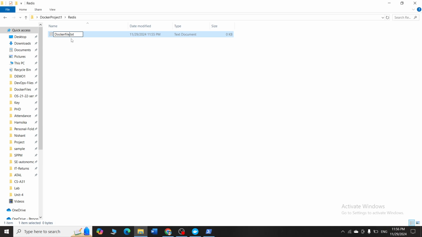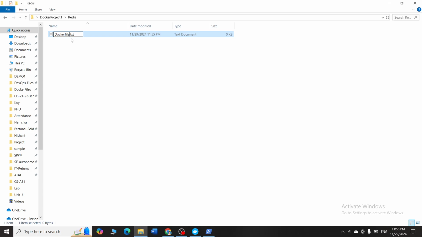Basically, what is a Docker file? A Docker file is like a recipe. It is telling our Docker how to create a container, which is like a very small isolated computer in our laptop. It will tell Docker how to create an image and how to run the container. All these instructions will be there in the Docker file. In detail, if you want an idea about the Docker file, please listen to the video that I have shared related to the Docker introduction.